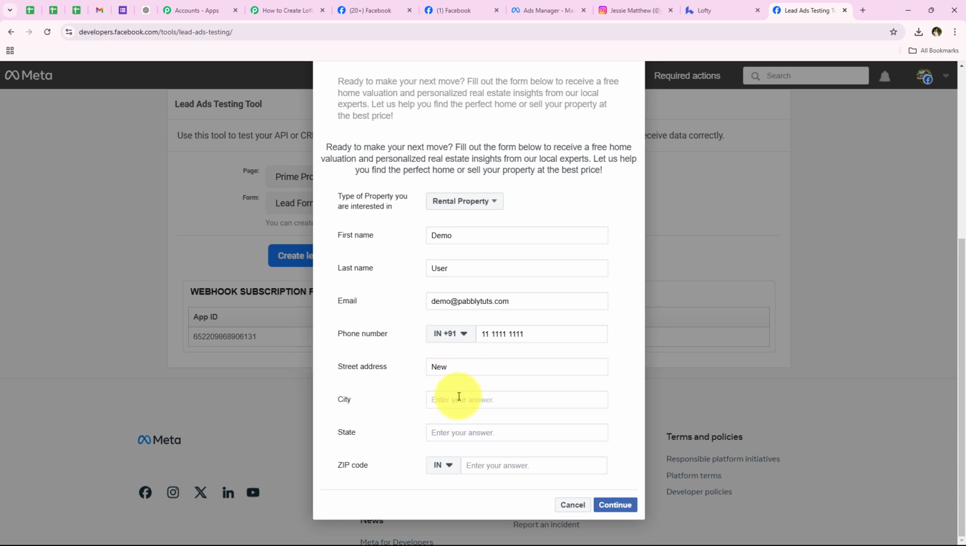For the city, I'm going to keep it as Bhopal right over here, and then it is asking me for the state. So for the state, I'm going to keep it as Madhya Pradesh, so I'm going to enter it right over here. And now it is asking me for the zip code, so let's suppose that we're going to keep it as this. And after entering all of these details, we're going to click on continue right over here